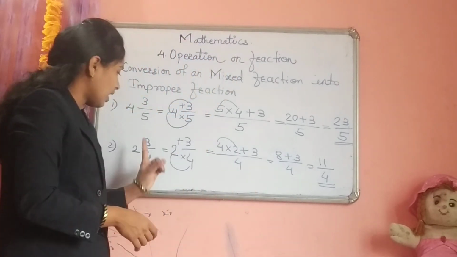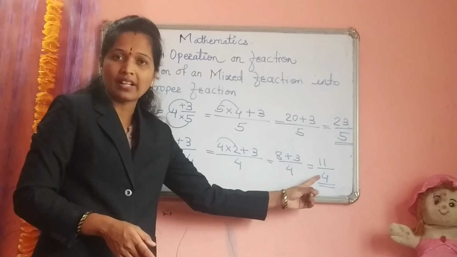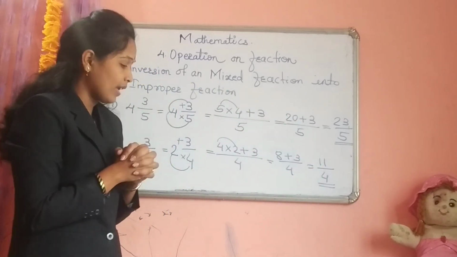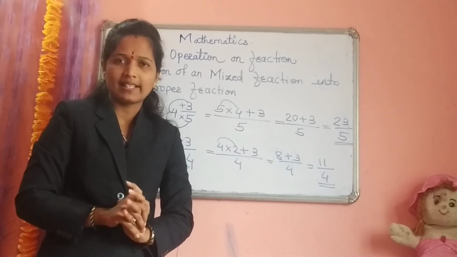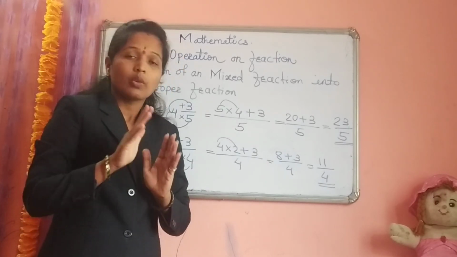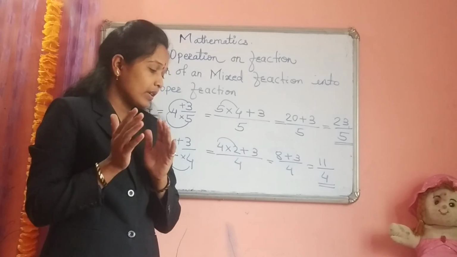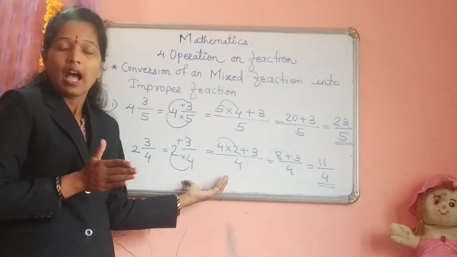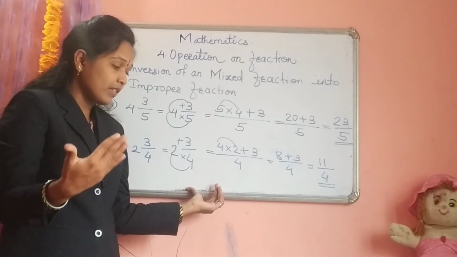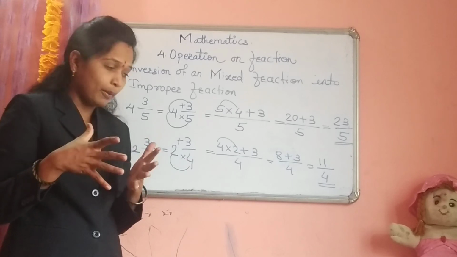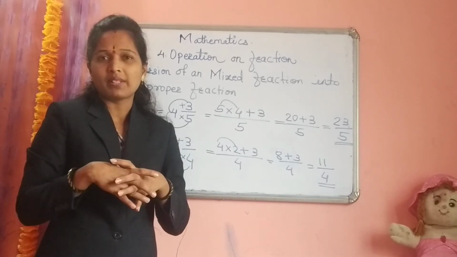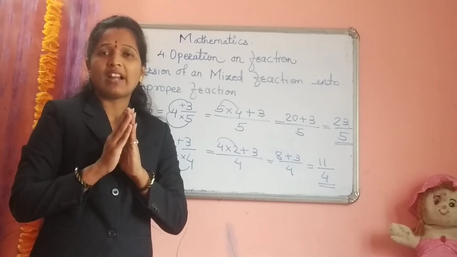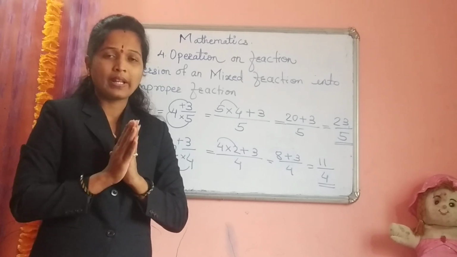It means what? We can convert mixed fraction into improper fraction and improper fraction into mixed fraction. These both things we have learned today. So it's your homework. You have to solve your practice set number 9. Question number first, convert into improper fraction, and question number second, convert into mixed fraction. Use the tactics for how to solve this conversion. And then after that 2 word problems are there. That is also very easy. You have to solve the exercise yourself and send the photos on our WhatsApp group. Okay? Thank you.